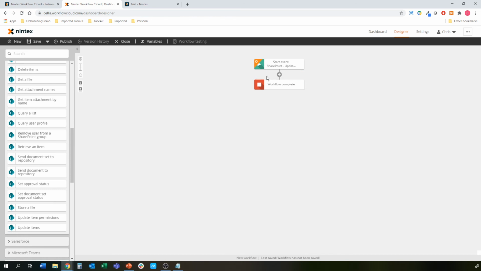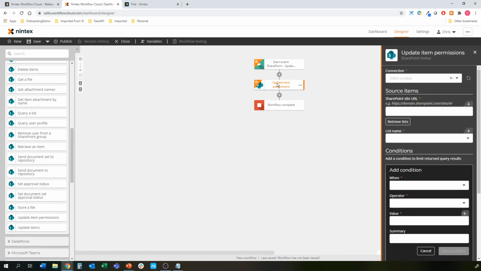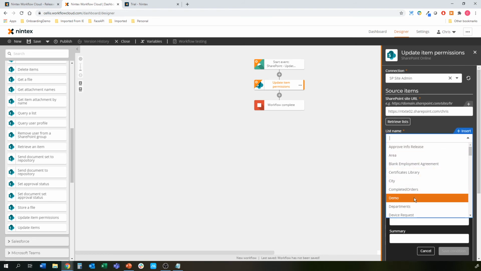Now, I know personally this one's been heavily requested. A lot of customers, a lot of partners are asking to see this one in Nintex Workflow Cloud. It seems to have been sort of a barrier to really jumping into Nintex Workflow Cloud feet first, so here it is. Create my connection, add my site URL, the ability to retrieve those lists if you are hard coding that, otherwise the ability to variable drive it. Select my list name,